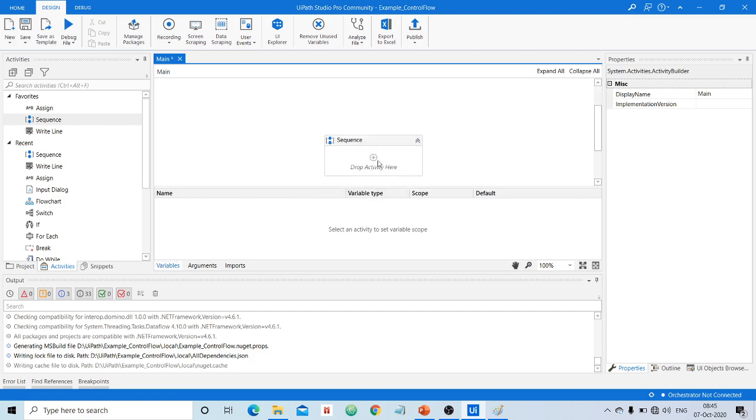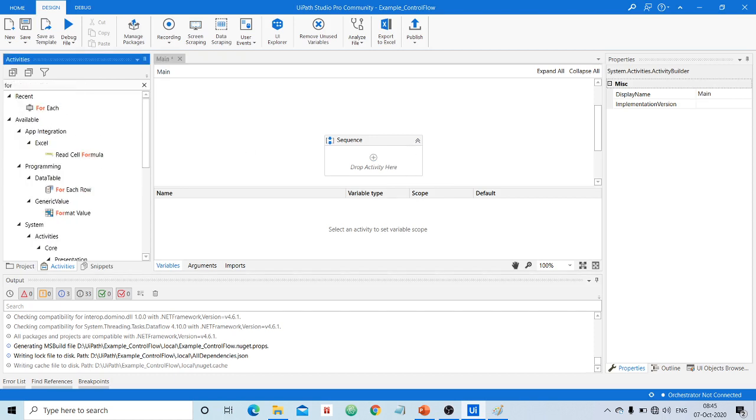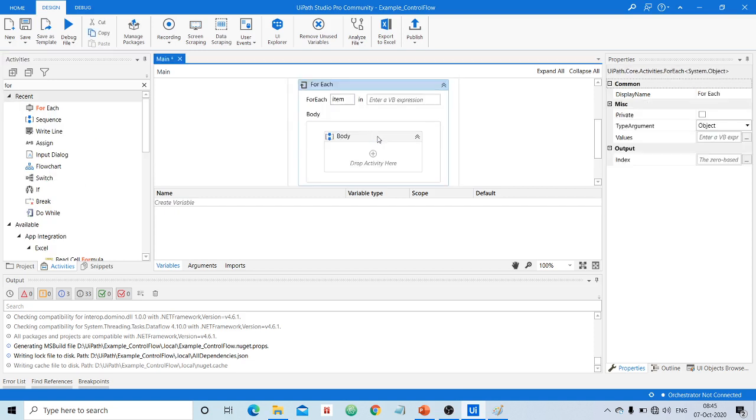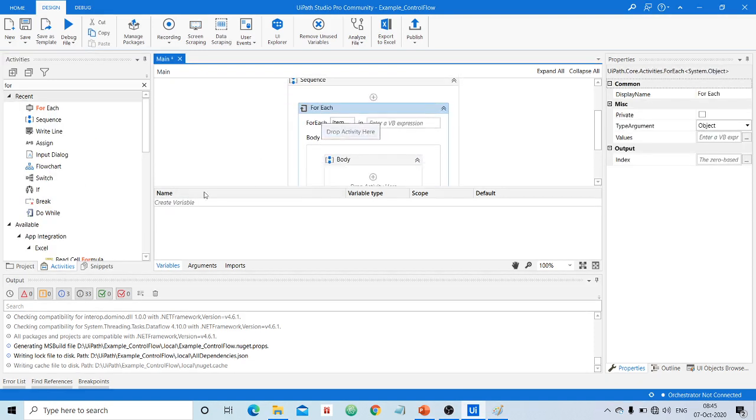Okay, so first, to create variables we need to drop an activity here. Which activity do we need? Since we are dealing with an array of names, I mean collections, I can go ahead with a For Each, right? So, For Each. Now see here, once we have an activity in the sequence, it will give permission to create a variable.